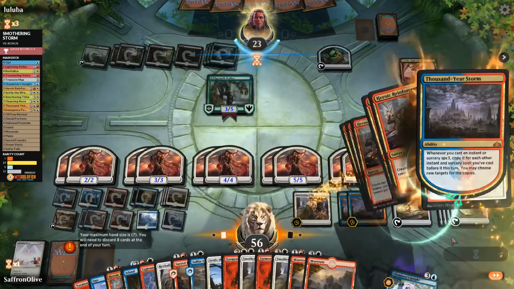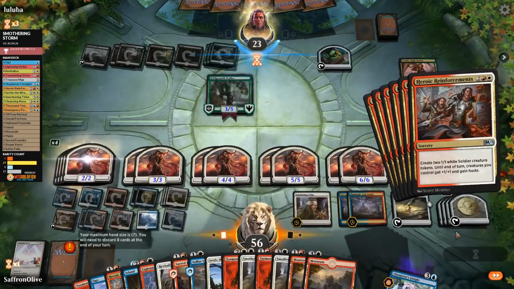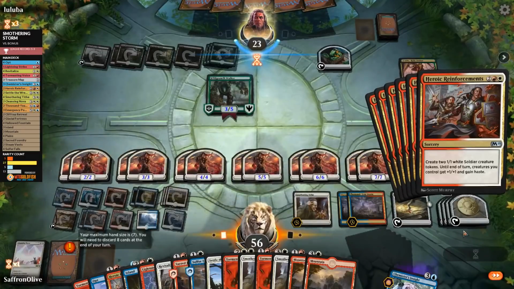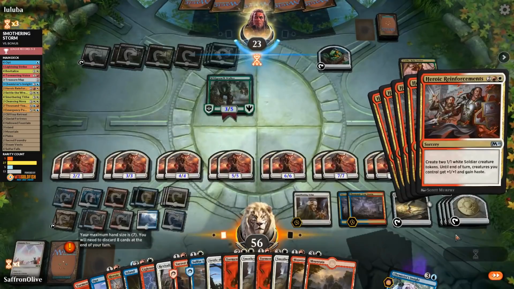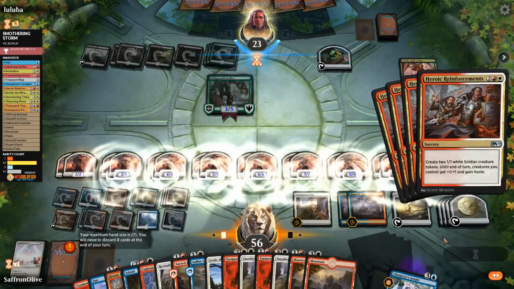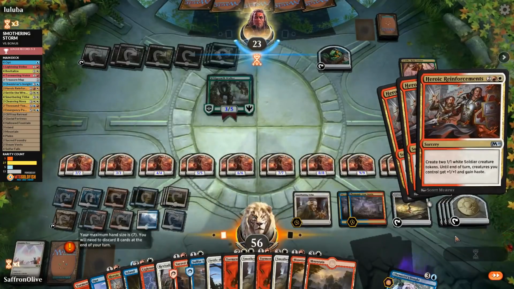And there's still another 1,000-Year Storm. Here they come. And we gotta cast the second one. It's not necessary, but we can't not do it. Like, how many soldiers can we make? And we could be casting our Settle the Wreckage just to up our storm count, but...